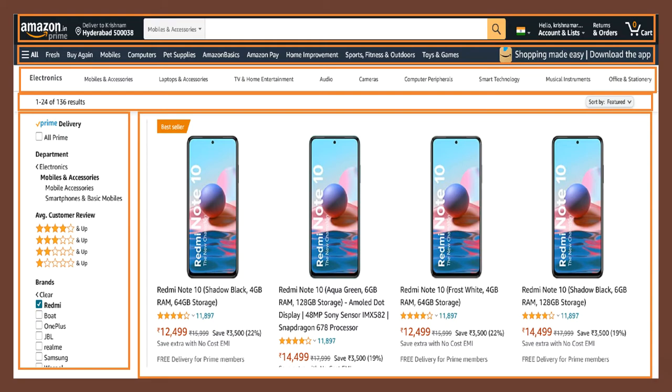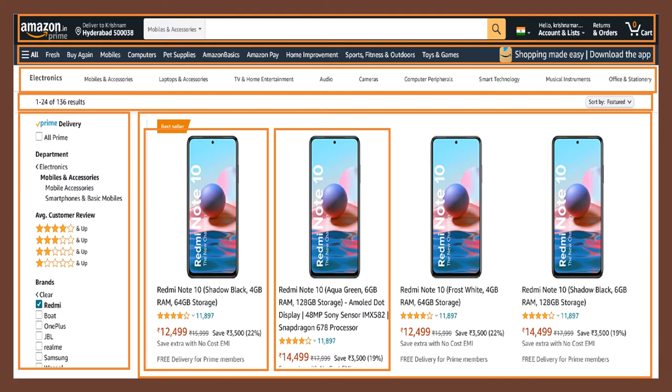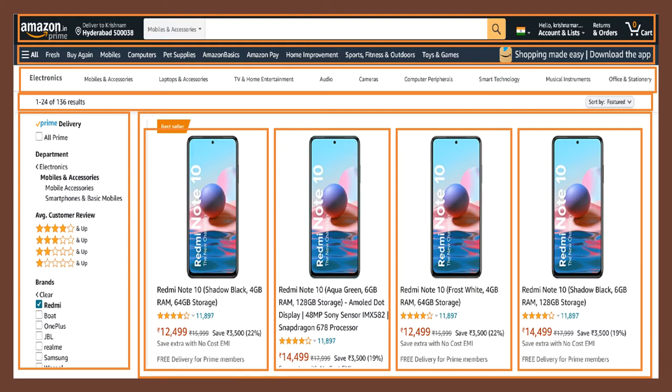The product list component is further divided into product component, another product component, another product component. Now the most reusable logic: I'm going to create one product display layout, and this product display logic can be used for one product display or many products.